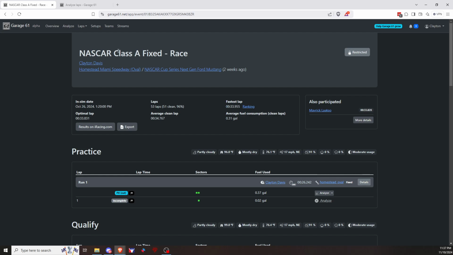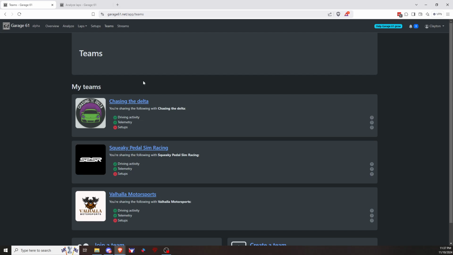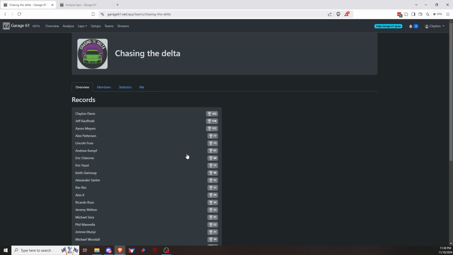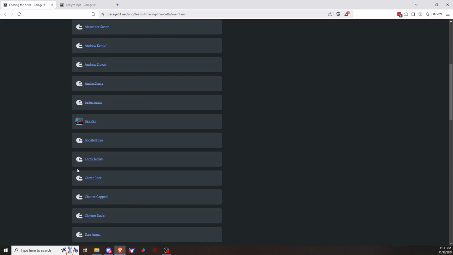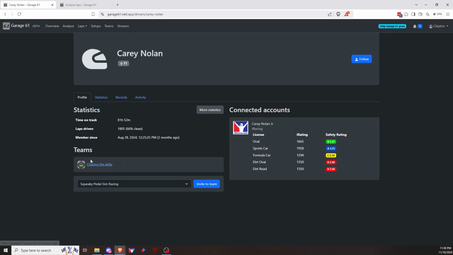To get to his lap, since we're all on the Chasing the Delta team, we're going to first head to Teams up at the top here. And you can do this if you want to compare your own lap with somebody else's that's maybe more close to you, or if you want to try your own group analysis. This is a good way to get access to everybody's laps on the team. Hit Chasing the Delta. We're going to go to the Members tab,